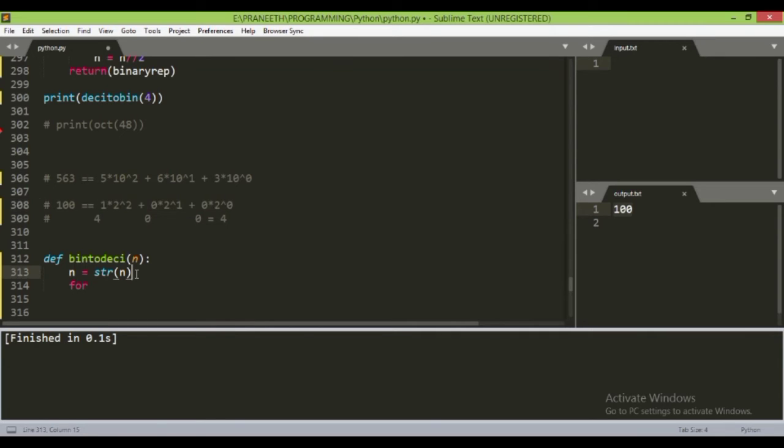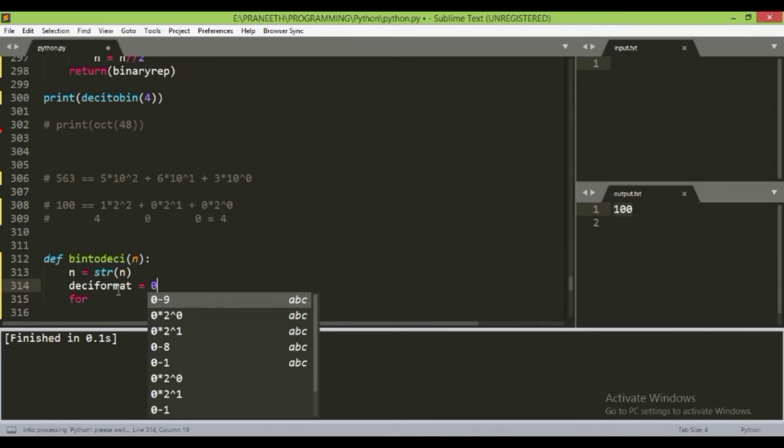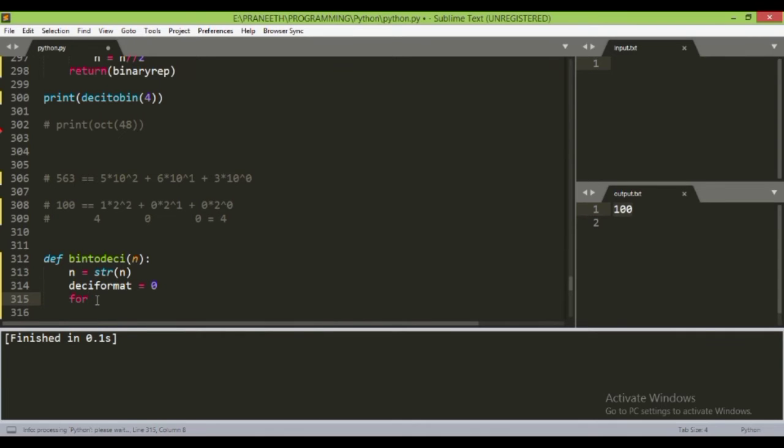So we would require a variable, decimal or deci format, equal to 0. So in the for loop we would initialize i in range.